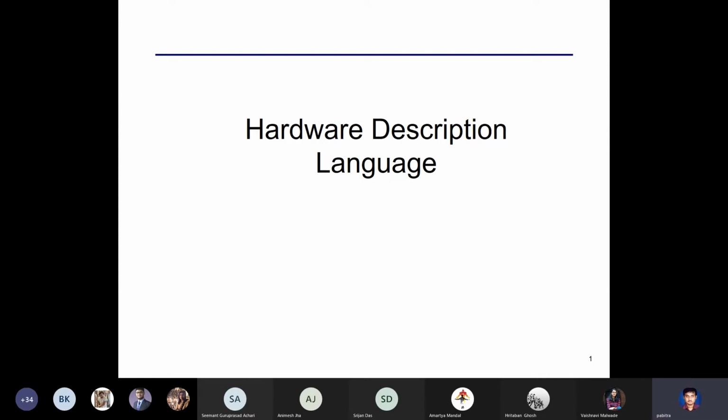So what we'll study today is something called a hardware description language. To understand what a hardware description language is, let us go through this. So far in the course, you have studied how to specify a problem either as a sequential circuit or as a combinational circuit, and then how to realize the circuit using gates or flip-flops. And then we also did minimizations, and we found that there are equivalent forms which are easier to implement using maybe fewer gates or something.